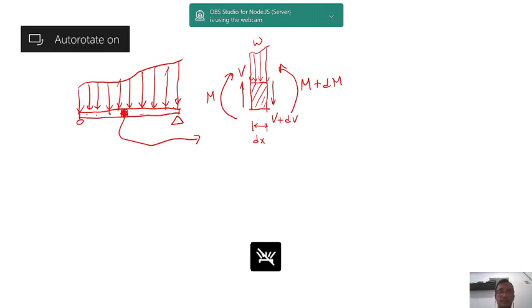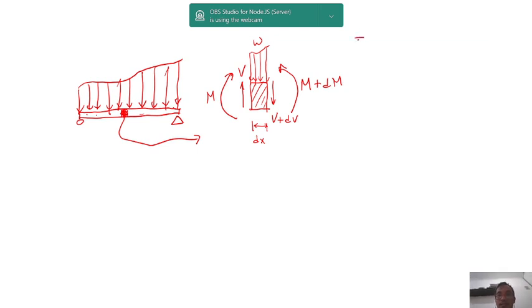I can do it by using sigma Fy equal to 0. By using sigma Fy equal to 0, what I will get is